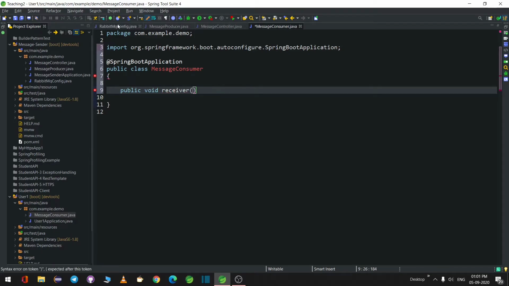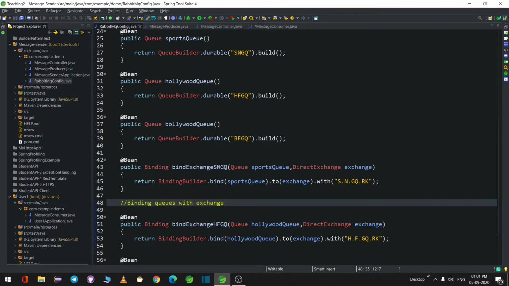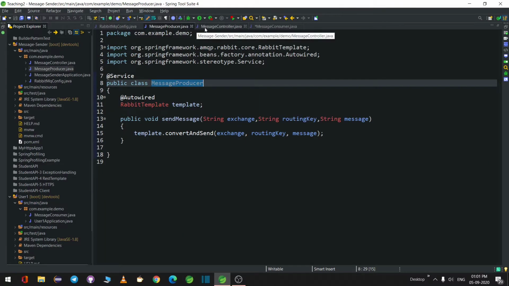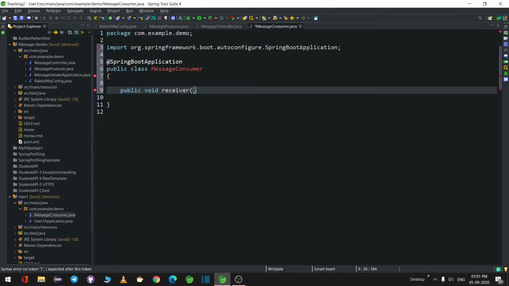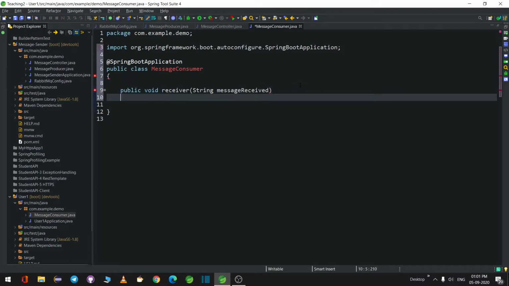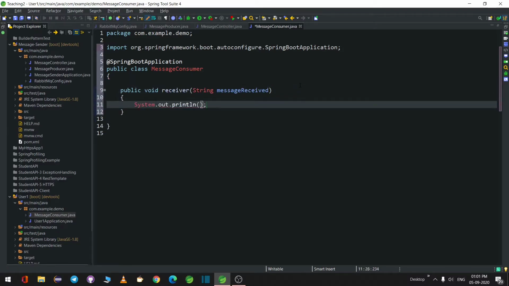For the SNG queue, what is the type of the message we are sending? The type of the message is string. You can send an object as well, but currently we are using only string, so the method parameter should be a string, message received. And I'll print this out.